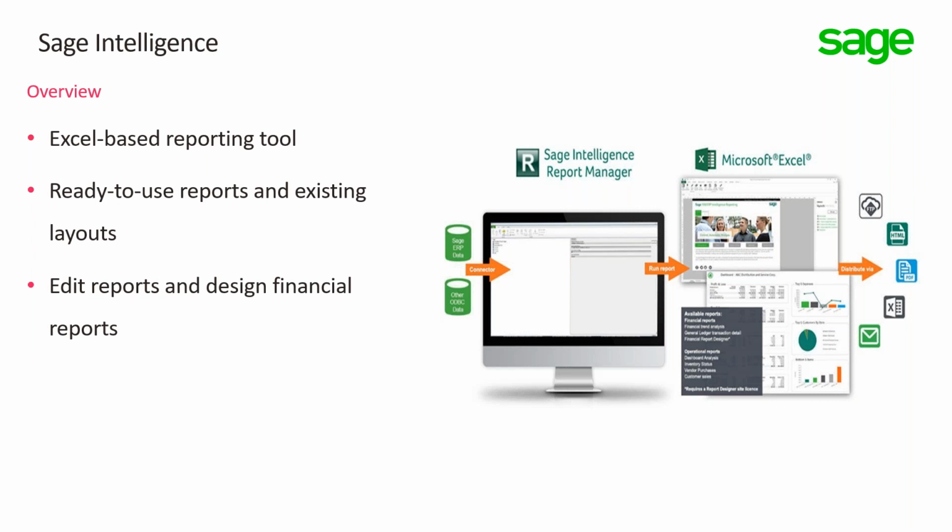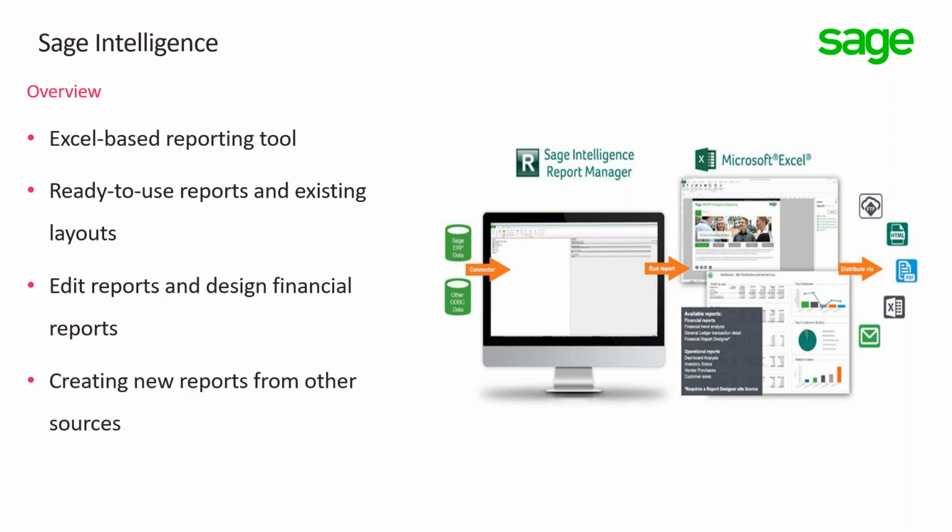And we also have a financial report. It's separate because it's a designer. It allows you to design your financial reports the way you need to see it. And that's back to those layouts. We have some layouts that I'm going to show you that kind of give you an example of what you could do with Sage Intelligence utilizing Microsoft Excel. But you can also design them all the way down to the cell level. For those of you who have those skills, you can do that. Or, of course, DSD is there to assist you, even create reports for you, whichever is